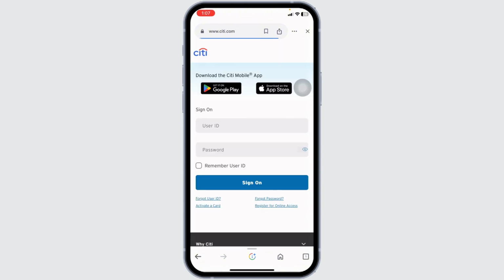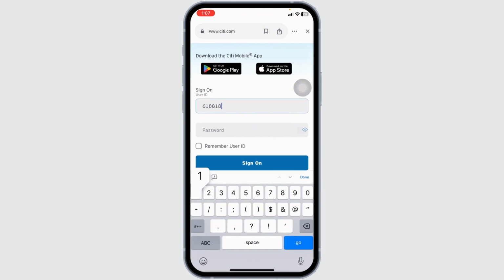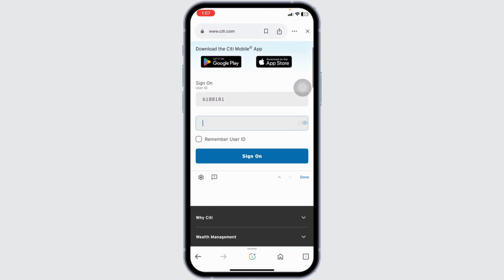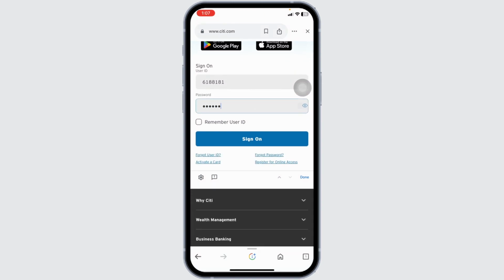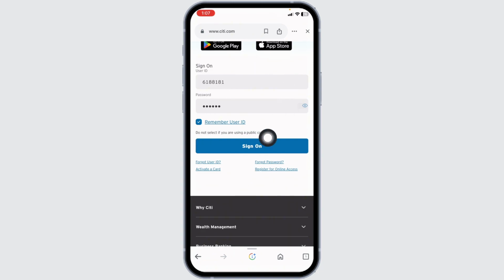Now you have to fill this. Provide your credentials of Citi account. Firstly, type in your user ID. Once you type in your user ID, type in your password. In the case you have forgotten your user ID or password, you can click on these options to recover it. If you want to remember your user ID, check in for this option. Once you fill this, click on the option of sign on, and with that you will be logged into your